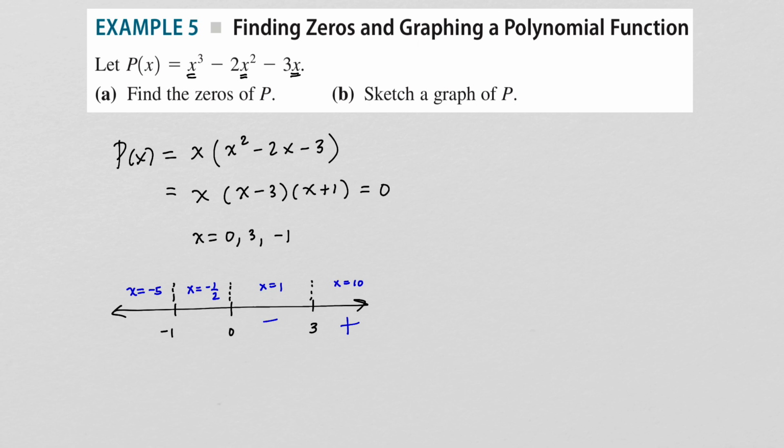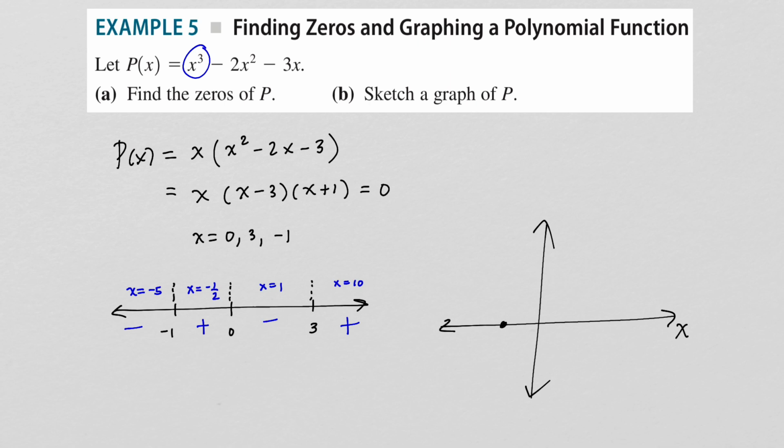Negative 1/2 will give you a positive, and negative 5 will give you a negative. Now also the end behavior: we have an odd degree polynomial and a positive leading coefficient here. So we know the end behavior is going to be up on the right side and down on the left side. So I can sketch very quickly what this graph is going to look like by simply graphing the x-intercepts,